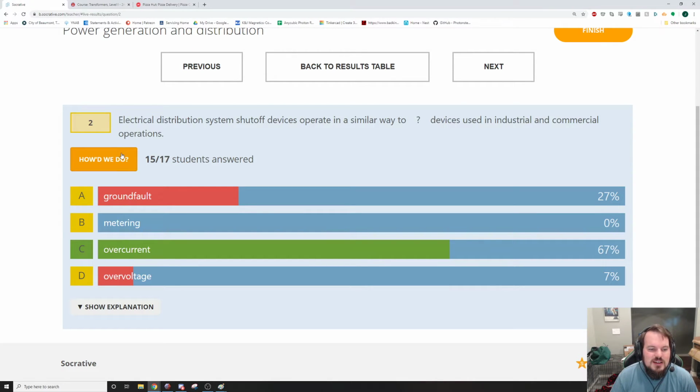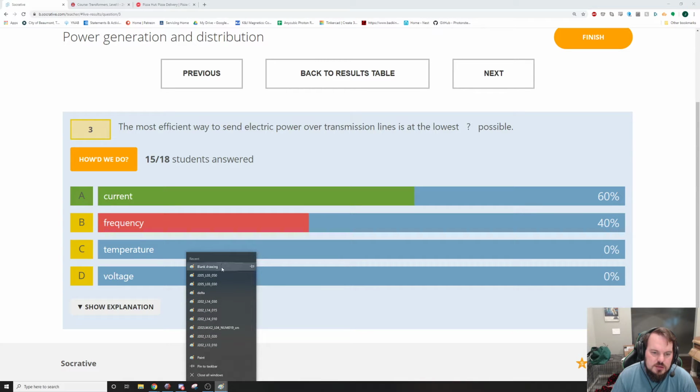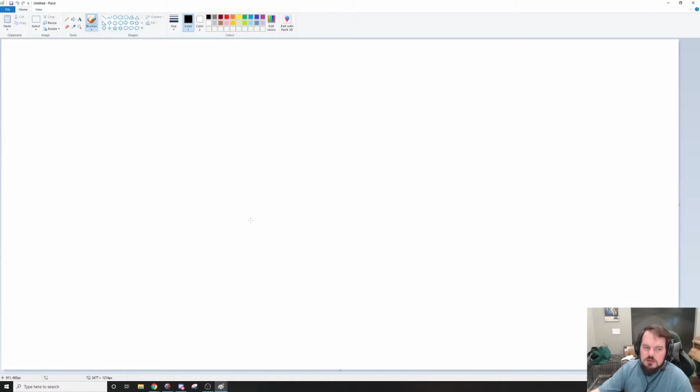Alright. Yes. So the shutoff devices in the electrical distribution system operate like breakers and normal overcurrent devices. The most efficient way to send electric power over transmission lines is at the lowest current possible. That is because, let's see. Yeah, that's good. So,